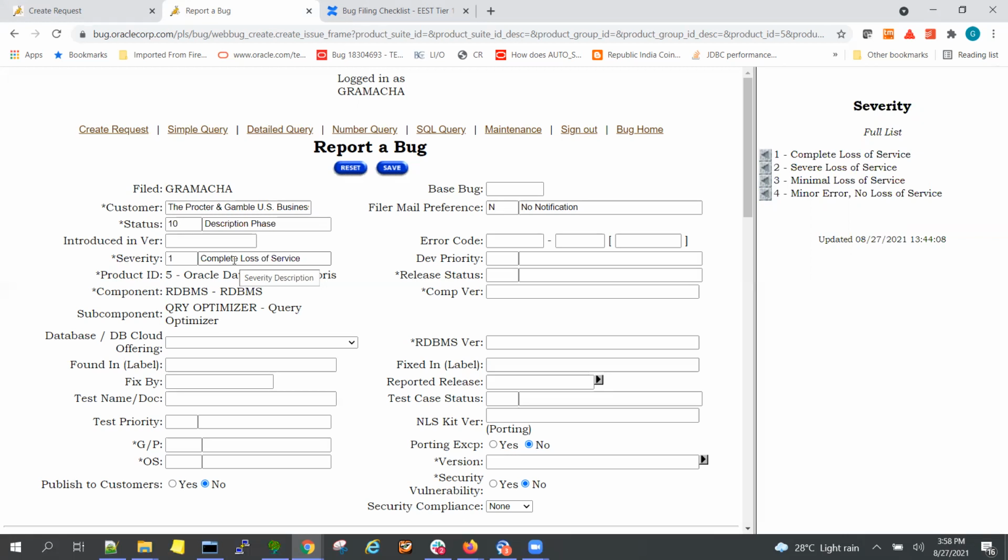Also, please ensure the very basic important point here: if your bug has to be a SEV1, your SR should also be a SEV1 with the 24/7 flag enabled. If the SR is just a SEV1 and not 24/7, then when the development team starts working on it, they will downgrade the severity of the bug to SEV2, and the focus on severity 2 bugs will be very less. Less means they will not give that much importance, because their main priority will be on production down issues. So always ensure your SR also has the 24/7 flag enabled.